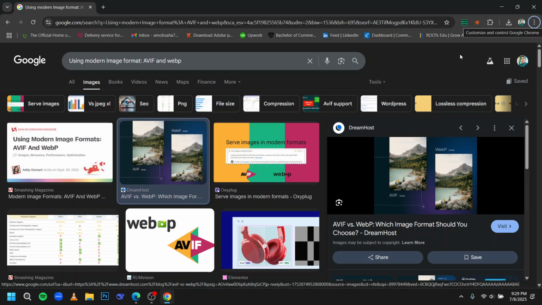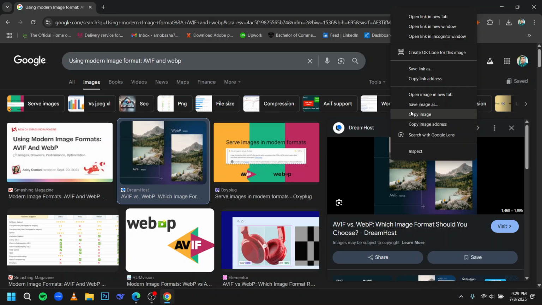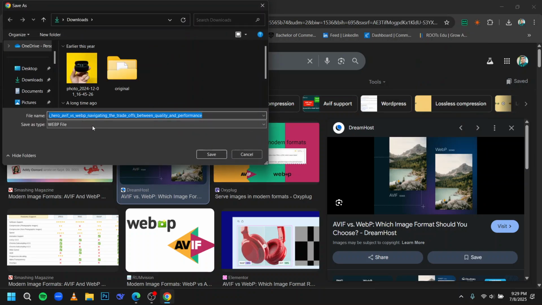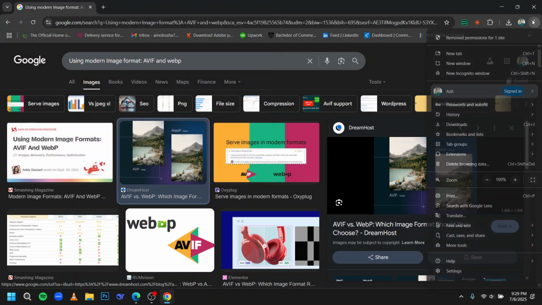Hello everyone, in this video I am going to show you how to change a WebP image to a PNG or JPEG file that you want. For example, in this image, if you would like to save it, here you can see it is a WebP file. Then what you need to do is click on the three dot option in Chrome,